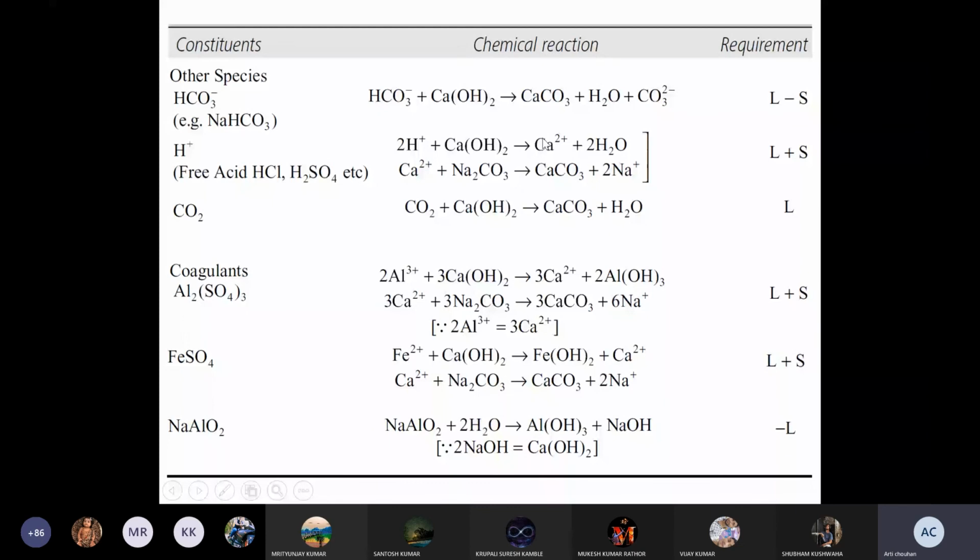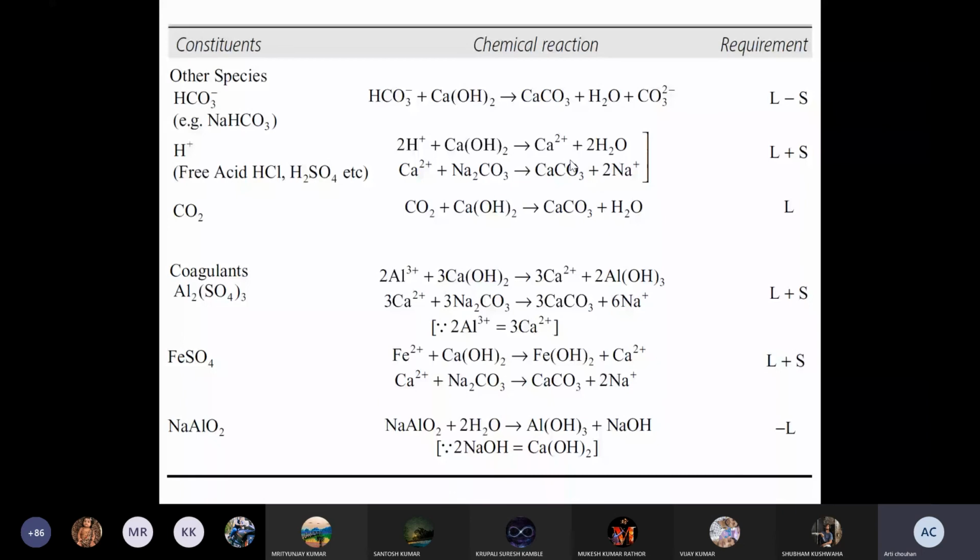Okay, so if calcium chloride results from this chemical reaction, it will react with one soda, and only then will you be able to resolve the hardness produced after the reaction of H plus ion with lime. So during that process, if H plus ion values are given in the numerical, then the requirement for lime and soda will be 1L and 1S. So you have to consider these amounts for the requirement of lime as well as soda. In both, you will add the H plus values to the lime and soda requirement.